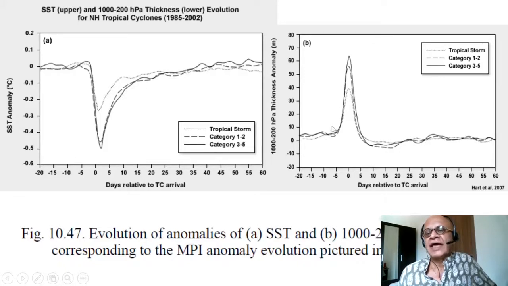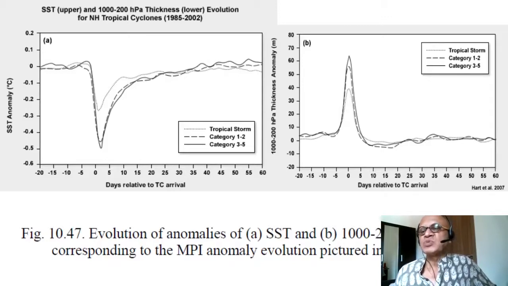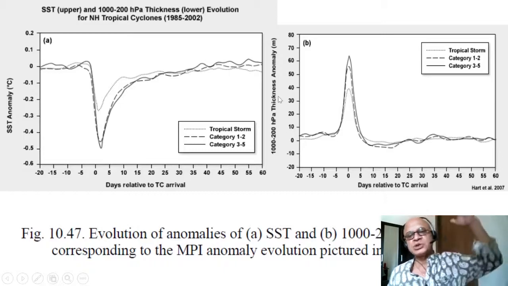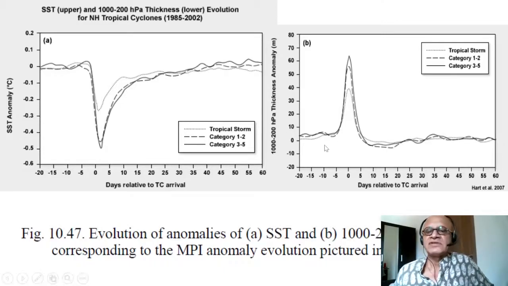and the atmosphere, which is much lighter and has much lower inertia, you can see adjusts back much faster. Here in this case it is 1000 to 200 hectopascal, so essentially surface to the upper atmosphere. Tropical storm has a much smaller perturbation, and categories 1 and 2, 3 and 5 have larger ones, with a bit of a difference there as well in terms of meters of change in the thickness. But you can see that as the storm passes, within a couple of weeks the system is adjusting back to